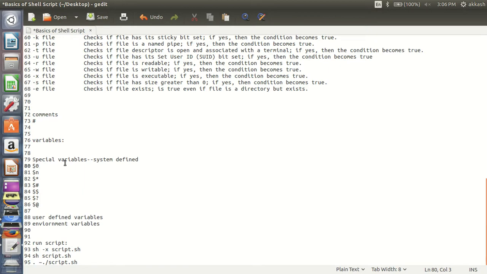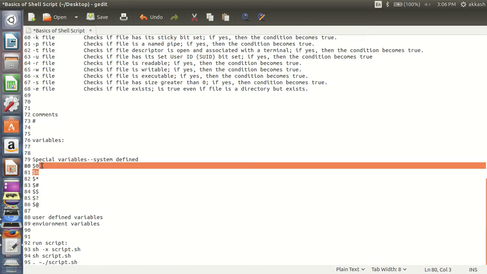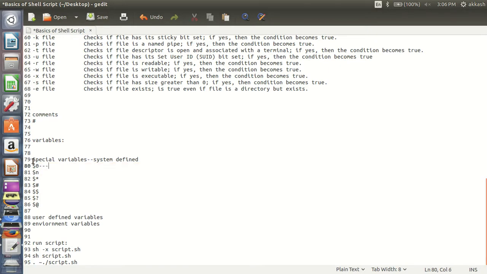For special variables, $0 will print the file name, $# is for the number of arguments or parameters which you pass, and $* is for all the params, and "$@" is for the number of arguments passed to the script.